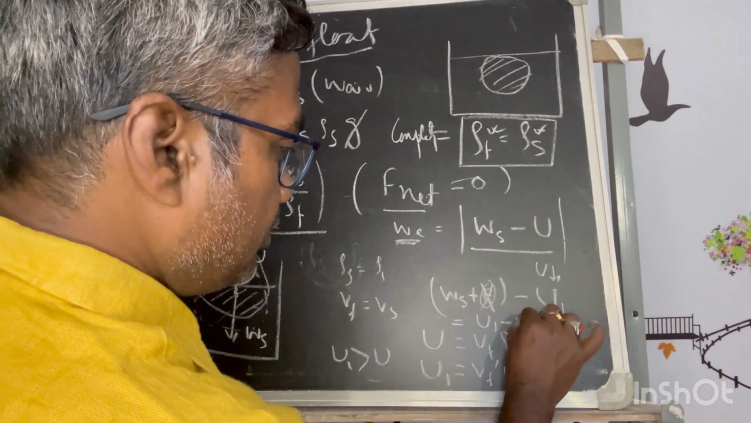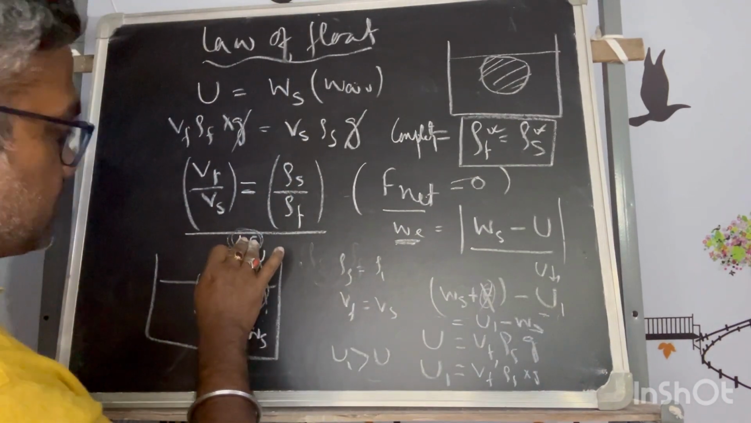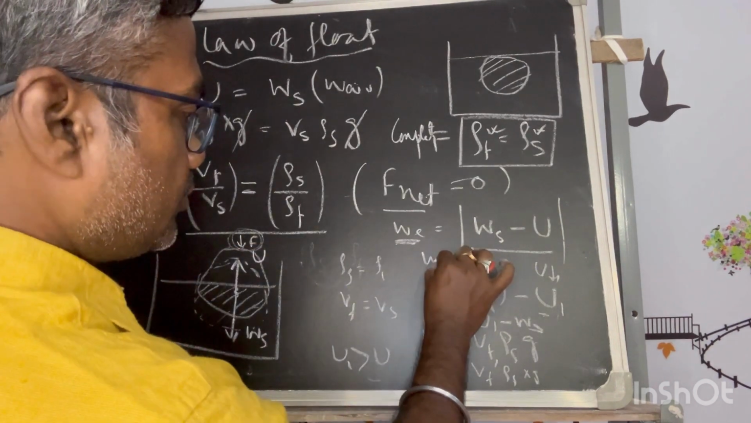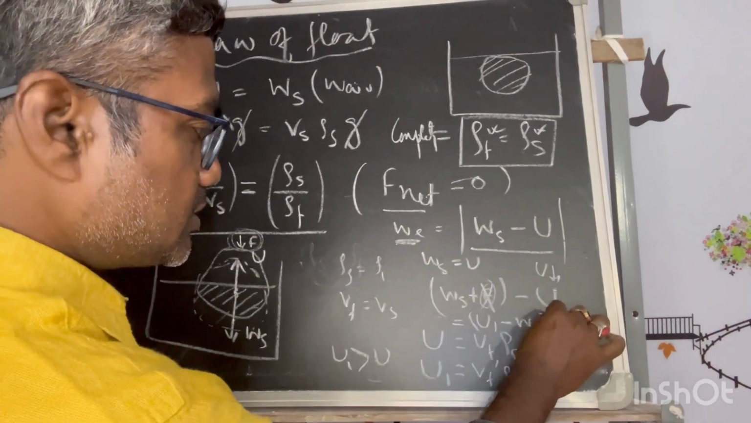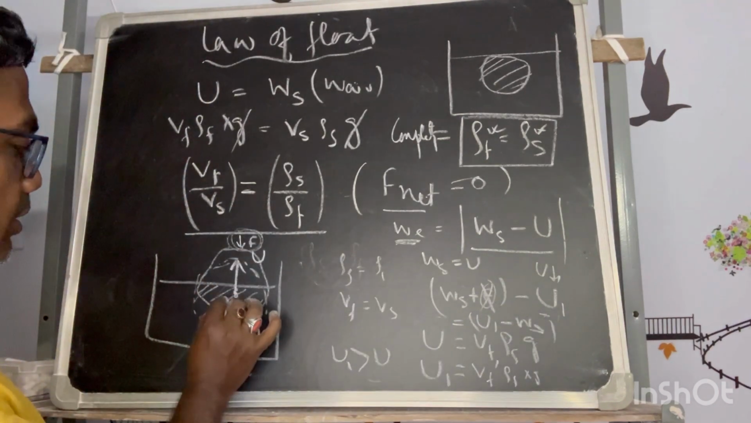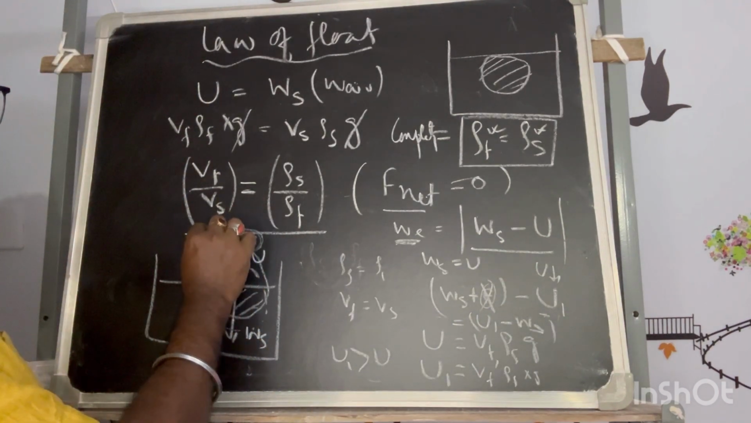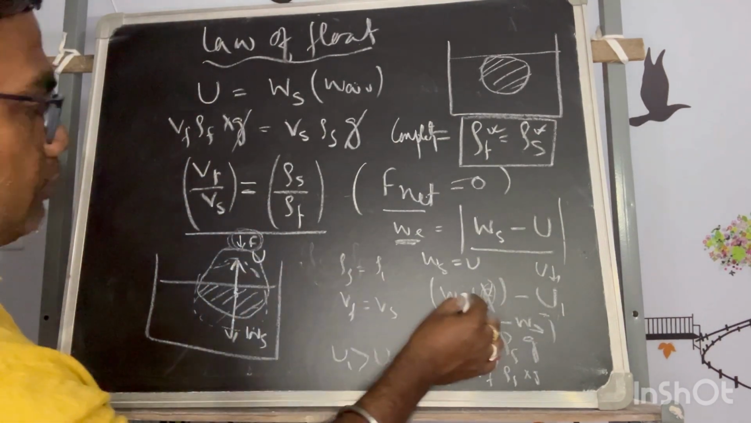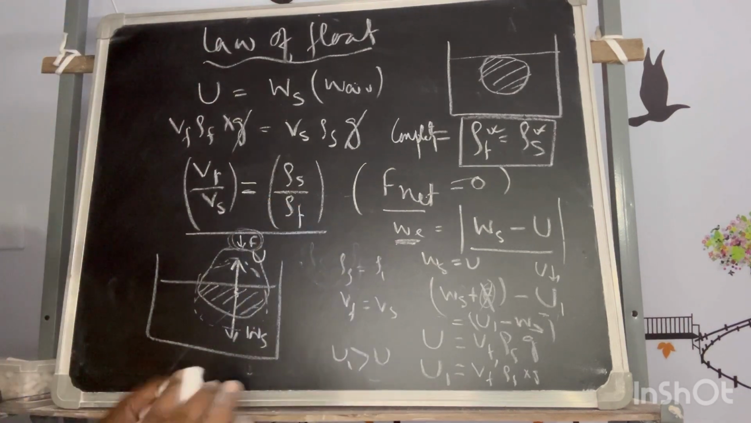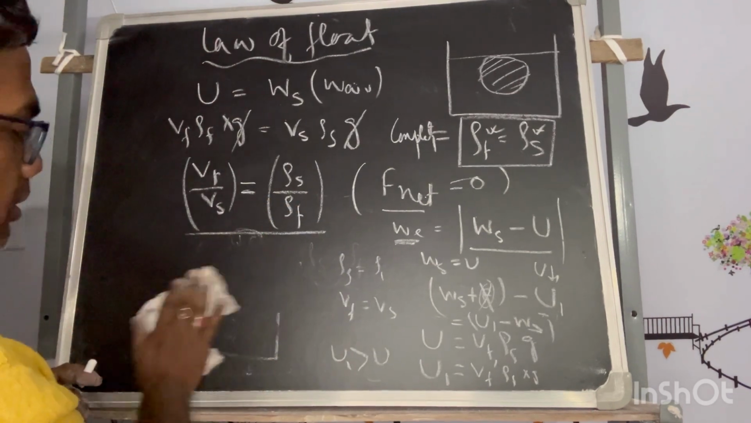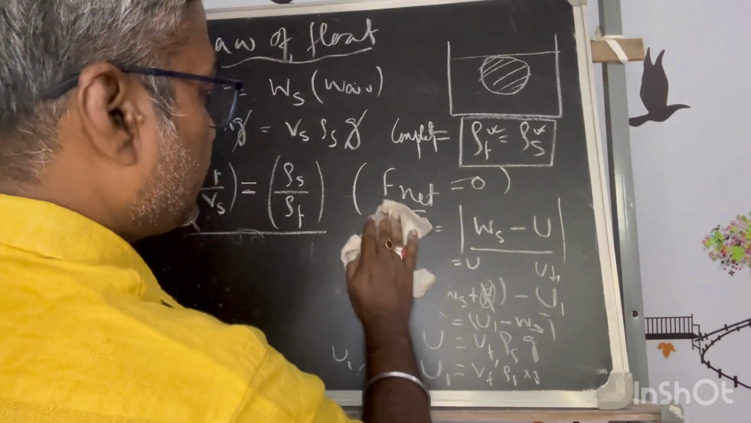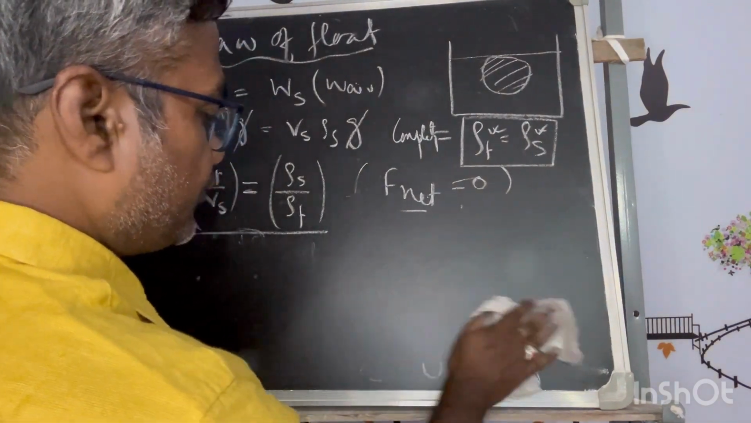U1 will be more than Ws, because unless this was there, Ws is equal to U. But now it has increased. So an imbalanced force is acting upward. So it will bring the body to the surface where it will be perfectly in equilibrium. Understood? So the condition of floating is only that the net force